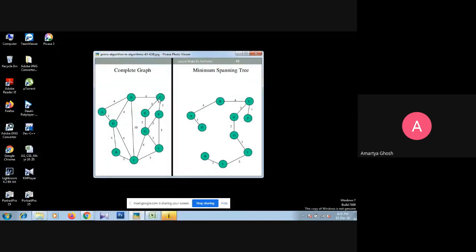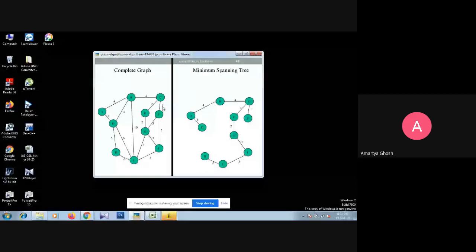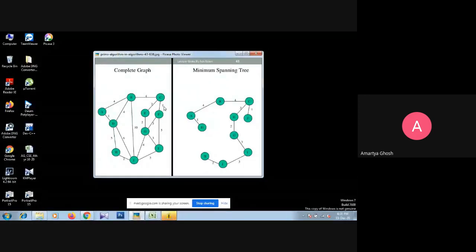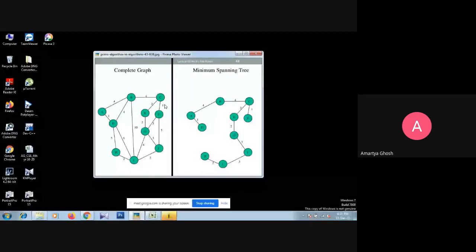According to this new node, again we have to check where we can reach, and according to the weights of all the edges, we have to sort the queue. All the new edges will be inserted into the queue according to their priority. And what is the priority? The smaller the weight, the higher the priority. Clear to all of you? Any query? Any question?